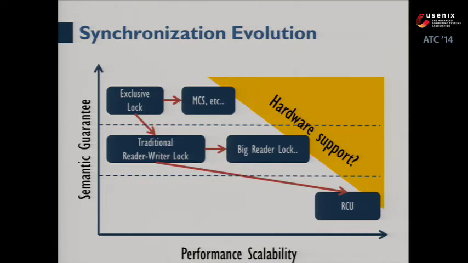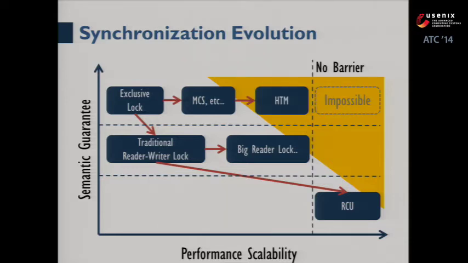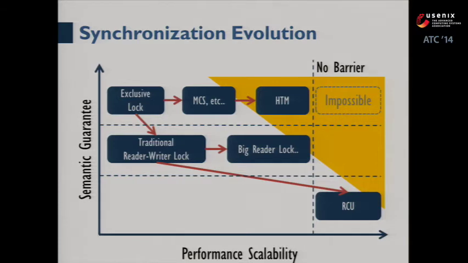Unfortunately, it seems very hard to build a synchronization primitive that has both very strong semantic guarantees and very good performance scalability. It seems we need some new hardware support to get close to that yellow triangle area. Now we have HTM, but I believe it is not possible to remove the implicit memory barriers inside HTM. So in this paper, we focus on this point